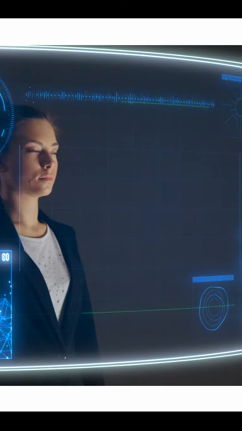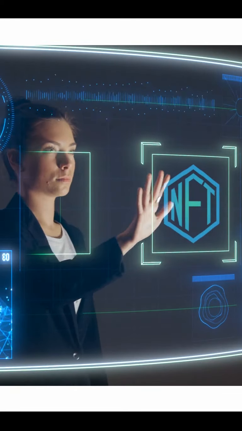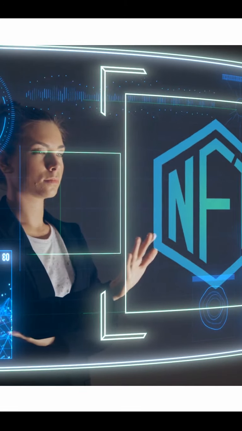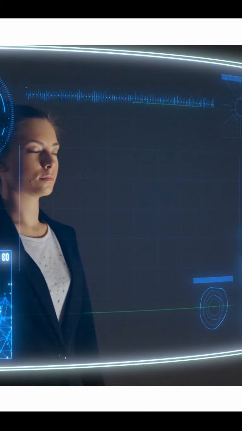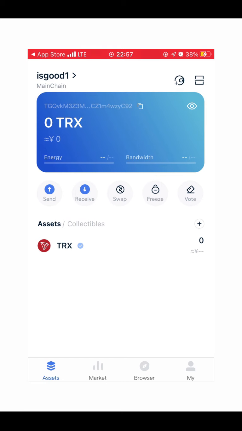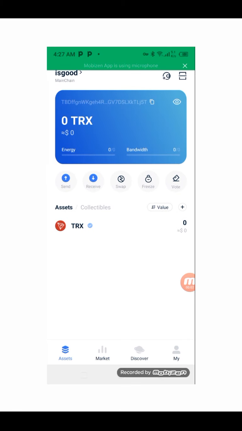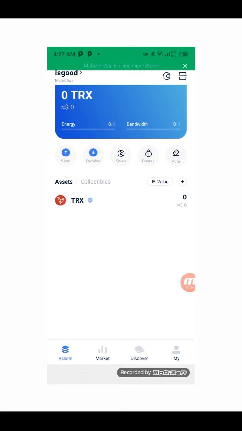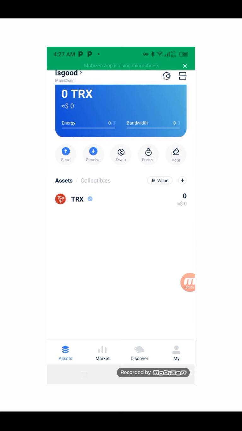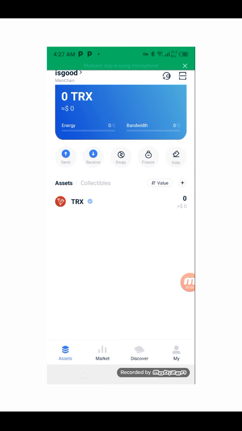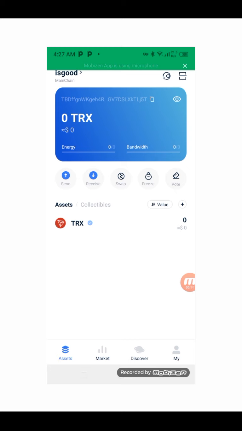Then the next step is to back up and copy down your recovery phrase, and it will ask you to confirm your recovery phrase, which you have to make sure you do accordingly, otherwise it will take you back. But if you enter the phrase successfully, then you can proceed to the next stage. Then it will now take you to the TronLink Pro interface as you are seeing it on the screen. Now let's start the real work on how to claim or earn the 2000 Tron.